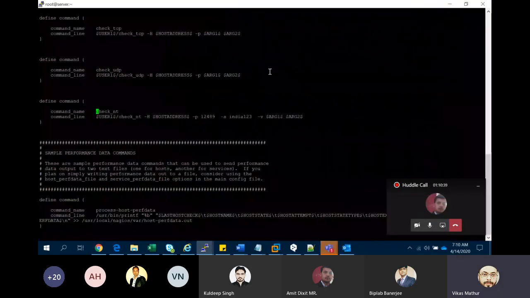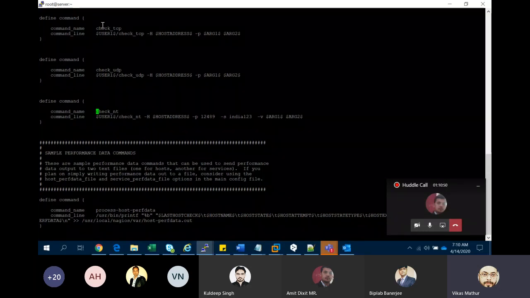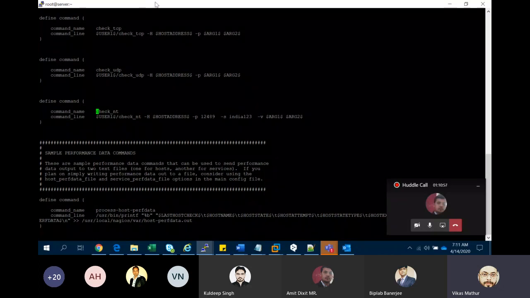So here, what you did, these are the commands. These are the command definitions. We have to define different templates, and we have defined commands over here. I'm not going through the command process, because it would take many hours. I'm just telling you what changes I made.